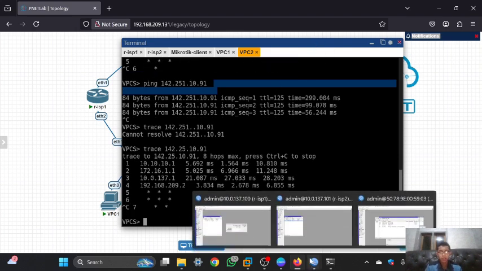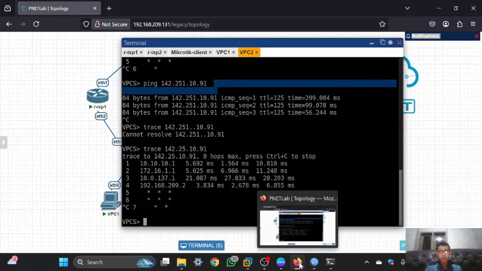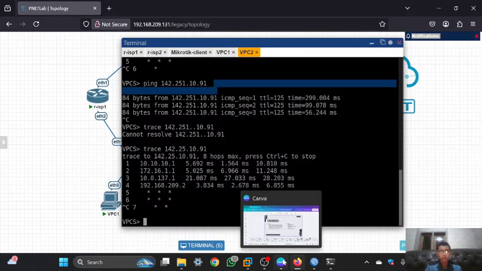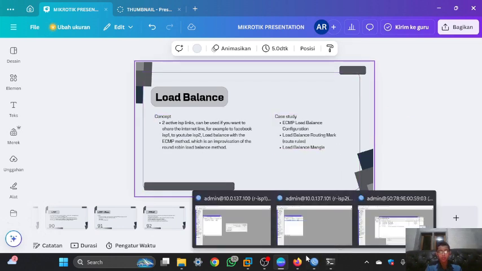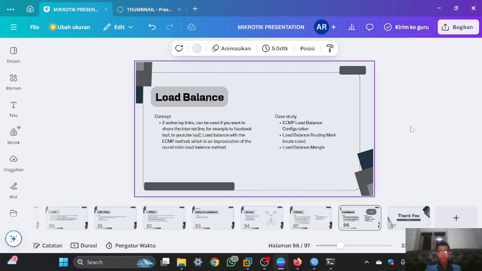So for the ECMP, it is unstable. It is sometimes using the IP of ESP1, and sometimes the IP of ESP2. And the configuration of ECMP is successful.